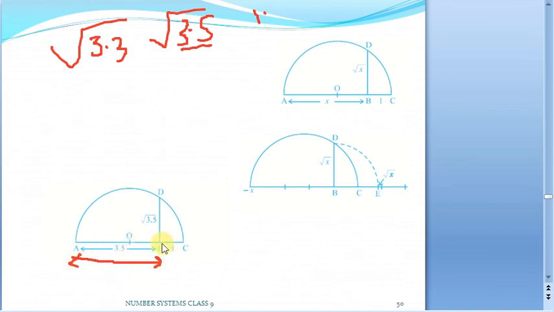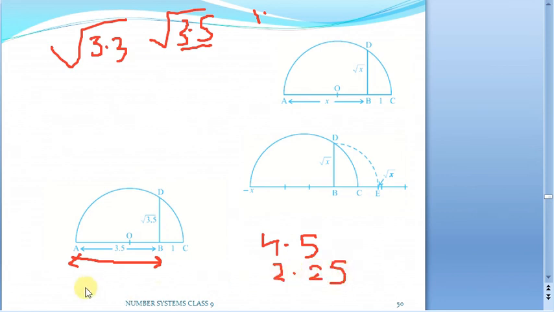Now just take 1 unit extension for this particular length we have measured here. So this 3.5 is our number and we have extended it by an extra 1 unit here. So 3.5 plus 1, always you have to take. Now this total length is 4.5. Now exactly we have to take half of it. Half of it is how much? 2.25. But we won't actually find it on the scale.